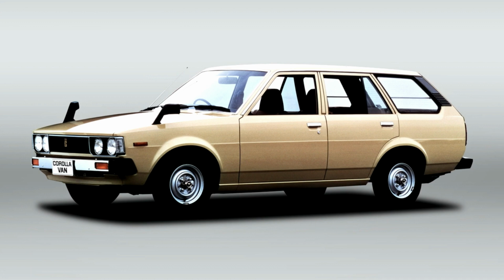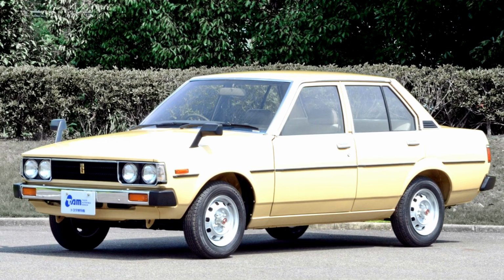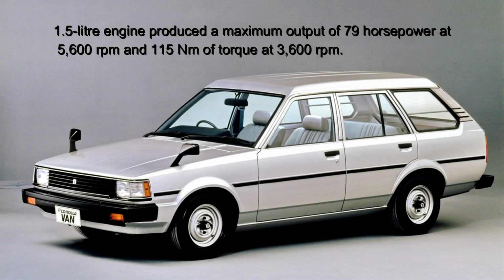During the design and development phase, it was found that the heads could crack with frightening frequency. To solve this problem, Akatsuma and his team worked tirelessly and introduced a raft of countermeasures just 1 month prior to the start of full production. The new 1.5-liter engine produced a maximum output of 79 horsepower at 5,600 RPM and 115 Newton meters of torque